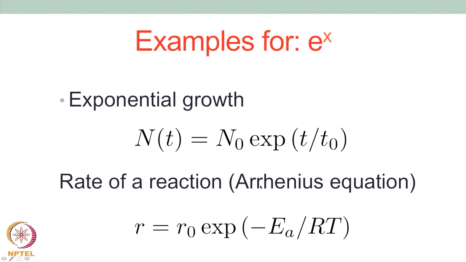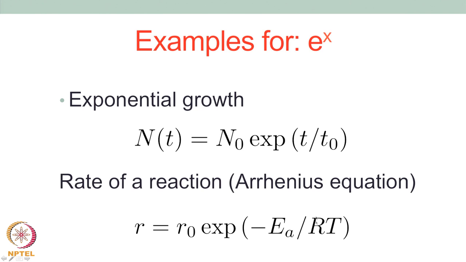Rate of a reaction, you might have heard of this thing called the Arrhenius equation. The rate of a particular reaction can be written as R0 exponential e power minus Ea by RT. So this is an e power minus x, where x is Ea by RT. So Ea is some energy, activation energy. RT is also